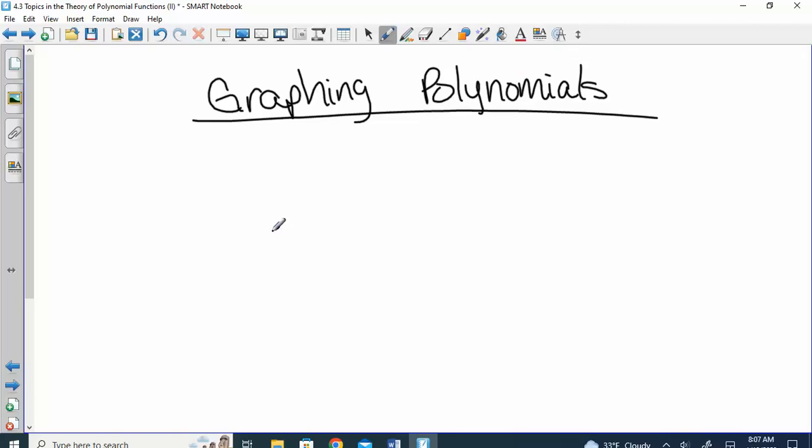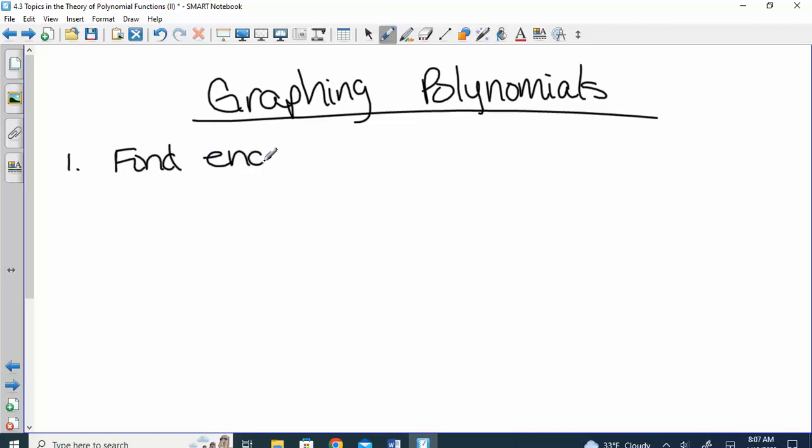For graphing polynomials, I am going to ask you to list out some information before you start drawing the graph. On a test or quiz, I will prompt you, so I'm not just going to say graph it and expect you to remember all the things that you want to list. I will make it, okay, part A, tell me this, part B, tell me this, part C, tell me this, and then I'll ask you to draw the graph at the end, so you will know what things you have to do. When we graph, the first thing that we will always do is find